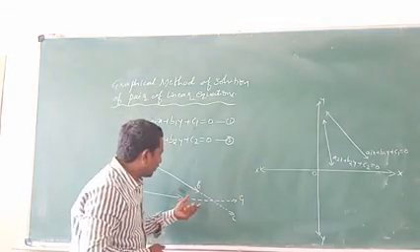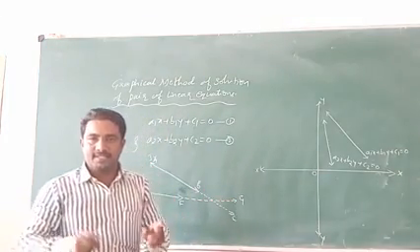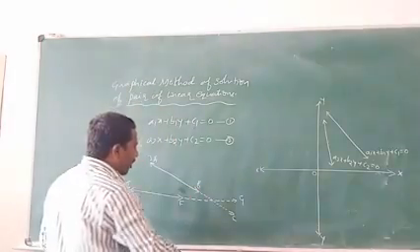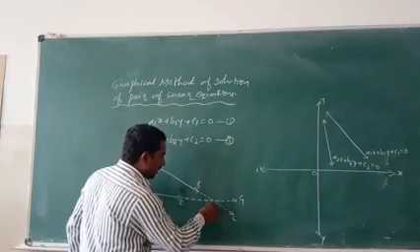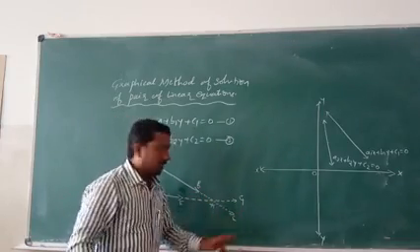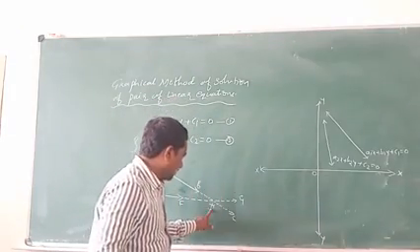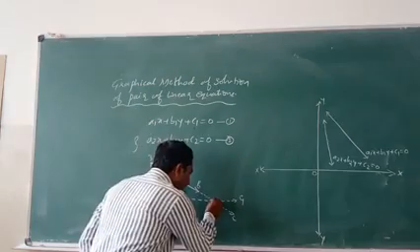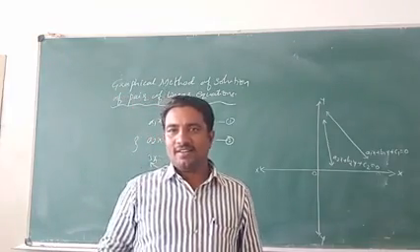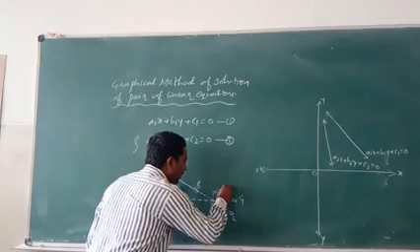Here you have to consider these two extended lines. These extended lines are intersecting at some point. This point we consider H. It means these BC and FG straight lines are intersecting at the point H. This point H itself is called as what? Solution. That point is in the form of P of X comma Y.